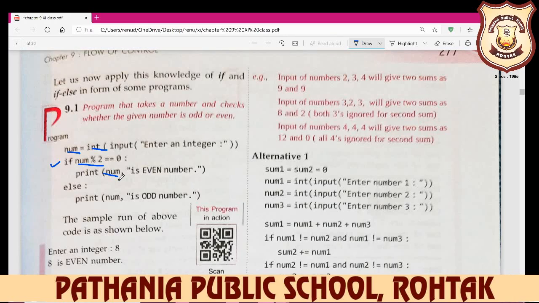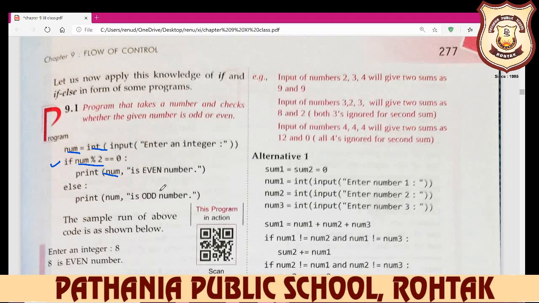For example, you input 7, then it displays 7. If you input 10, then it displays 10 here. Is even number. First write the number, and if my condition is true, if my remainder is 0, then it displays even, else otherwise display the statement of the else.